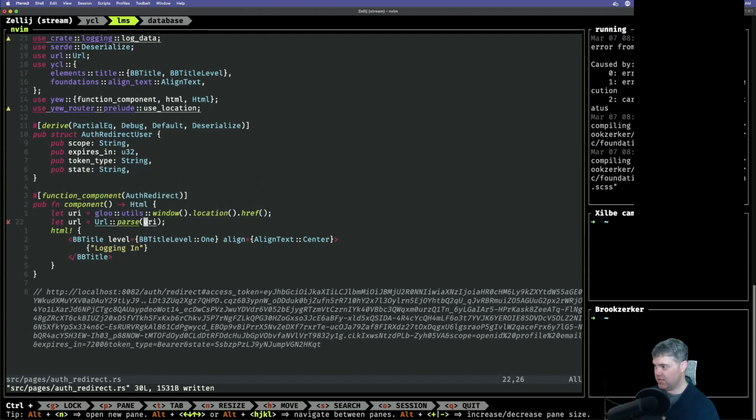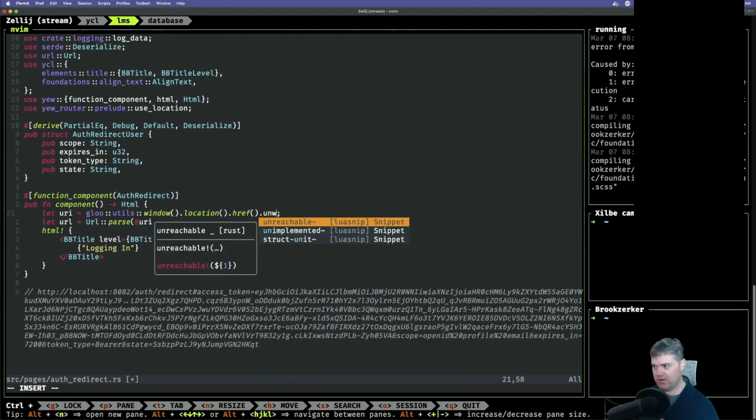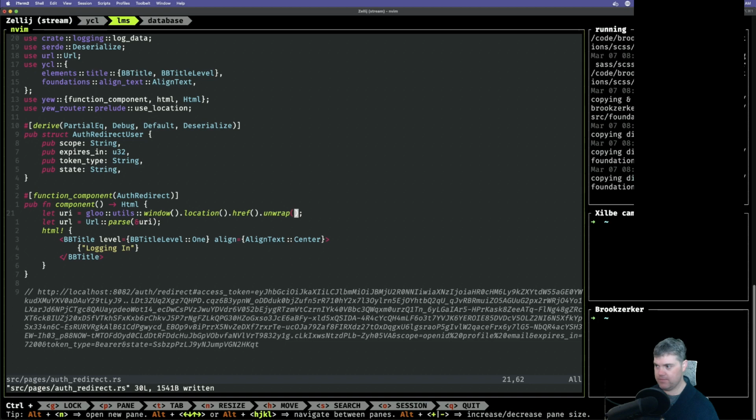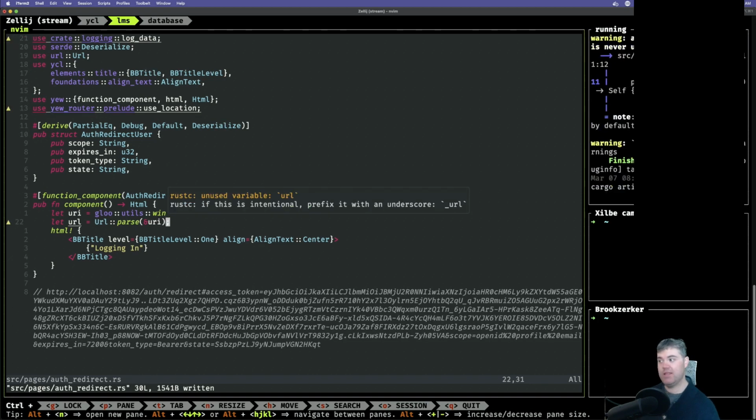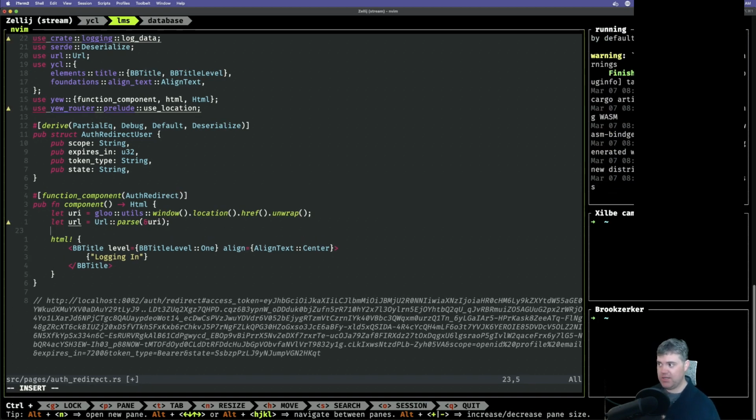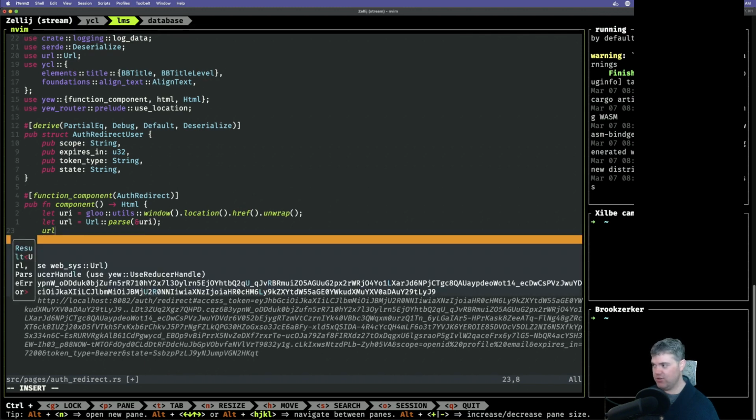Expected a str. Okay, getting closer. Oh, I found a reference. Okay, so I should always have an href here, so we should be able to unwrap. There we go. Okay, so now I have a URL. Now what can I do with this? I do URL dot